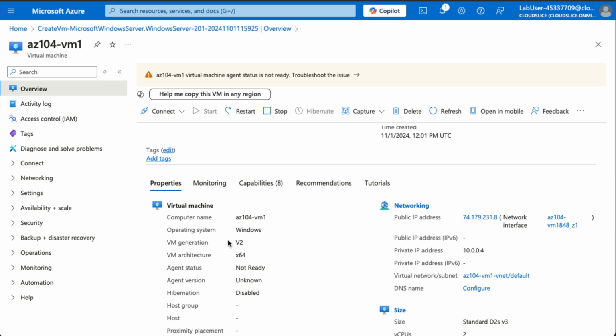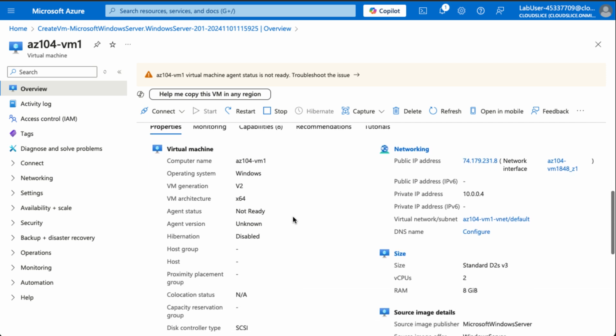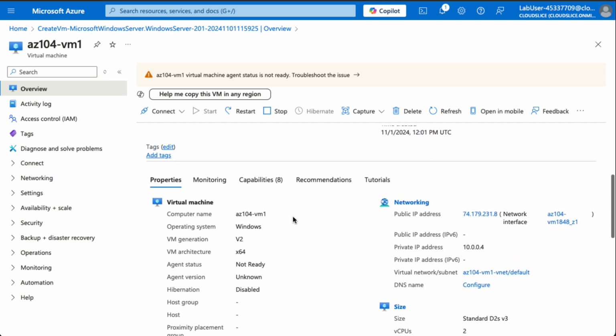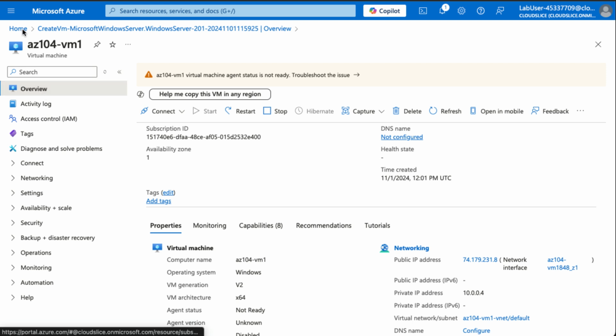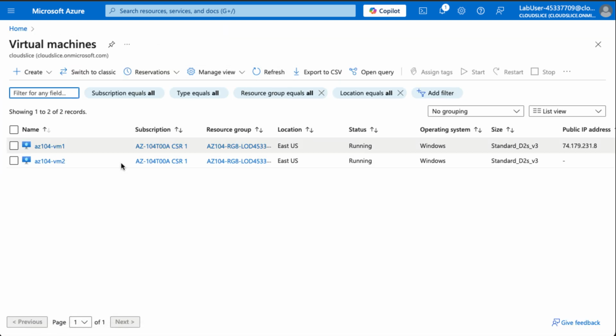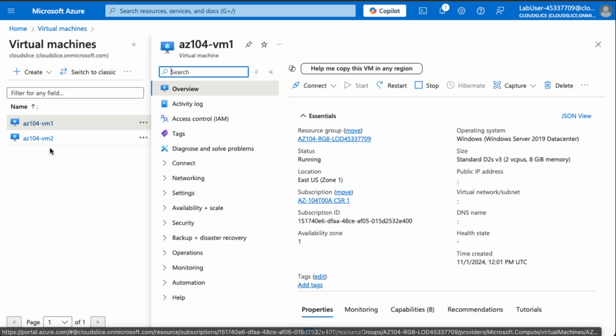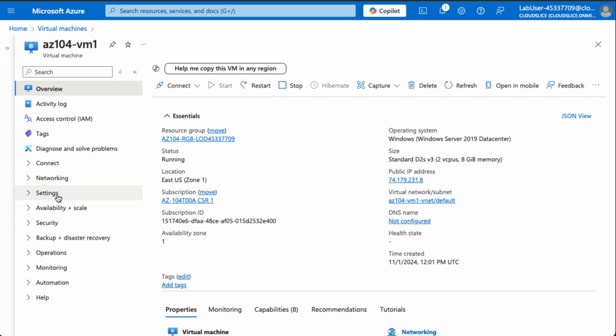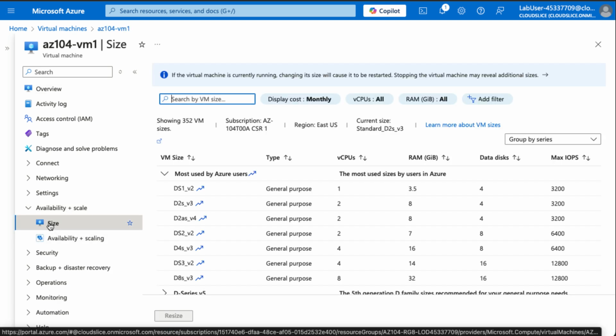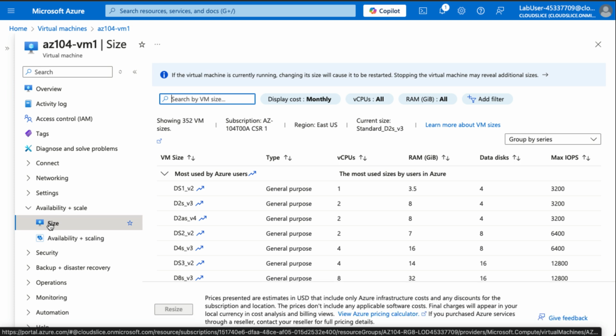So here is the virtual machine 1, for example. And there could be even more. So if we go back to virtual machines, we should be able to see both, as we do. So let's see what we can do with this existing virtual machine. If we go over to availability and scale here, we can click on size. So we know what our current size is